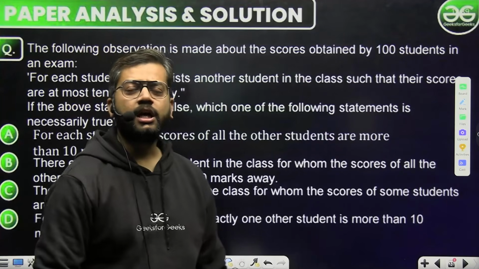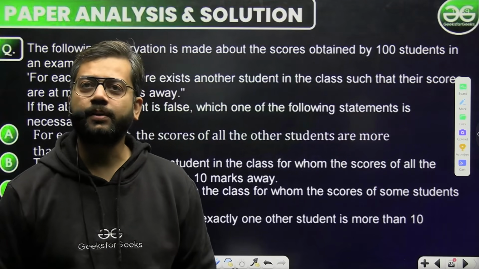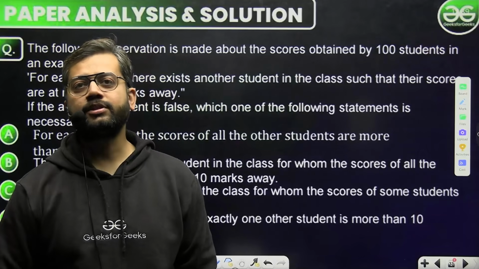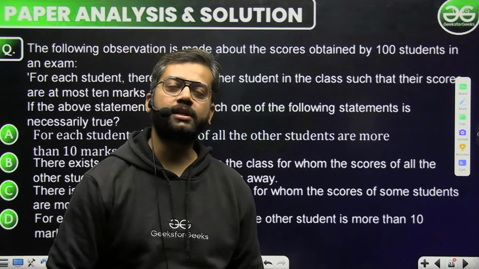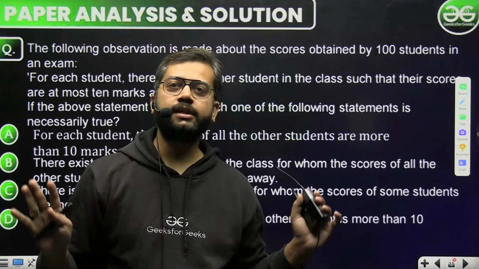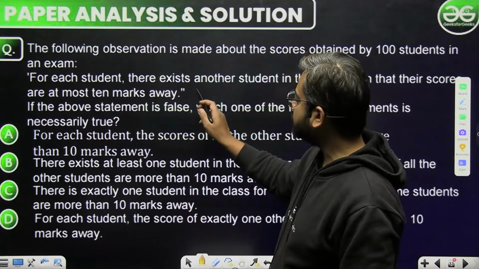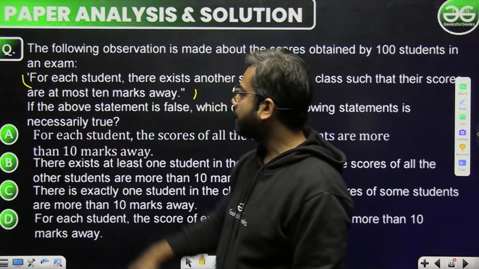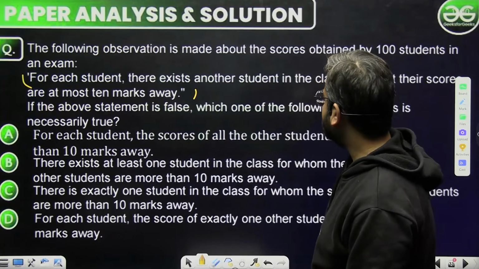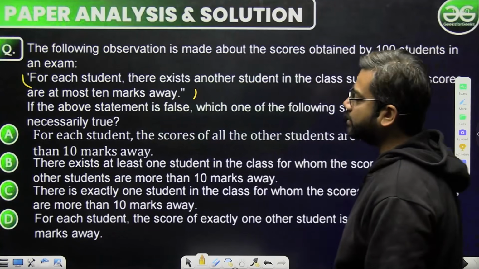ठीक है, देखो अब इसमें बोल दिया पहला स्टेटमेंट जो है हमारे पास गलत आ रहा है, ठीक है। अब उसके बेसिस पर हम लोग को देखना है कि इसका दूसरा स्टेटमेंट का क्या सॉल्यूशंस हो सकता है। हालांकि इस टाइप के क्वेश्चंस में कभी भी आप सिंगल स्टेटमेंट बेसिस पे मत जाइएगा, जितना डेटा गिवन है सिर्फ उसको देखिएगा। For each student score all of the other student are more than 10 marks away,